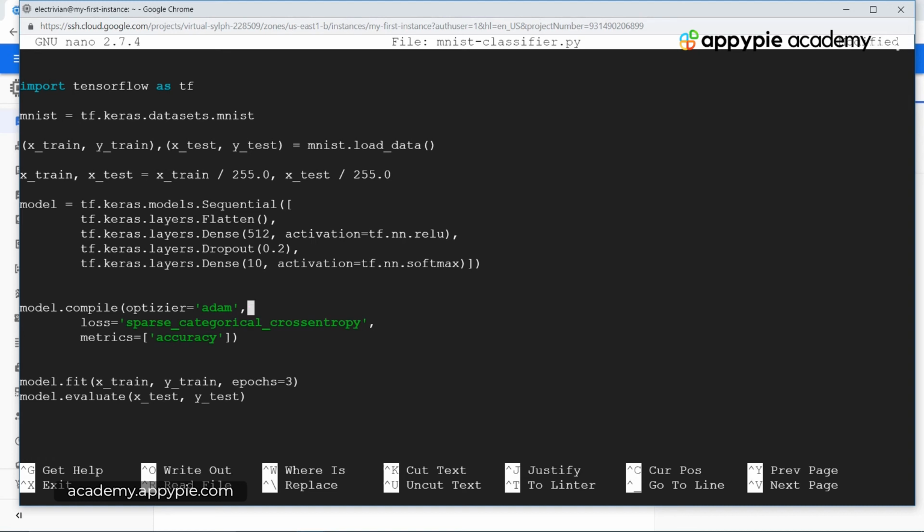while going through each and every line I'll try to explain it in as much detail as I can. Over here we are first of all importing the TensorFlow library, and we are importing it as TF. So later on, whenever we are using tf., we are essentially using this particular TensorFlow library. Then we are importing the MNIST dataset, specifying a particular location, which is tf.keras.datasets.mnist. Then we are defining the x_train, y_train, then the x_test and the y_test variables.